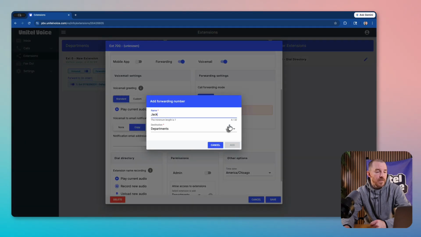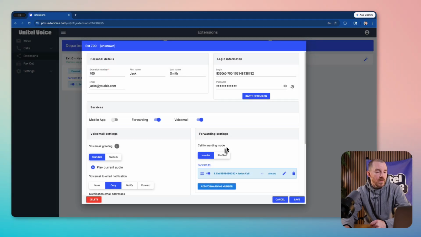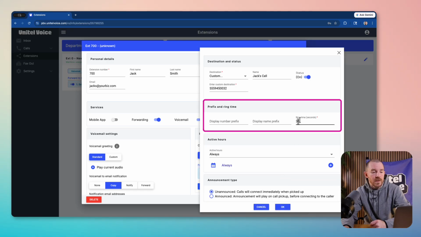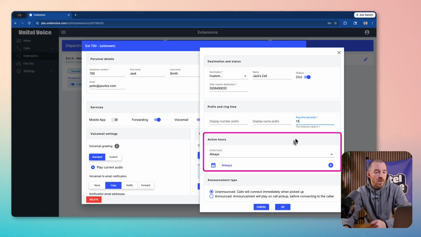a phone number. Type a name and select custom, and then down at the bottom of the drop-down menu there, and enter the phone number. Click edit on the phone number you just added, and you'll see some additional forwarding settings you can adjust. We recommend changing the ring time to 15 seconds, and you can set a custom call schedule here as well